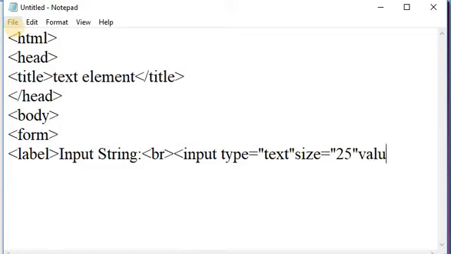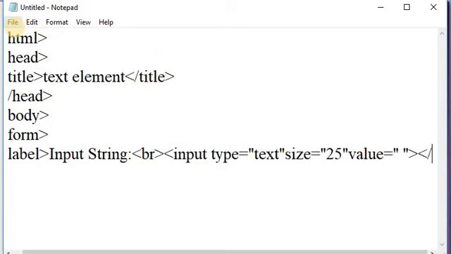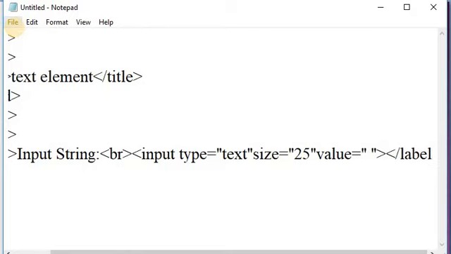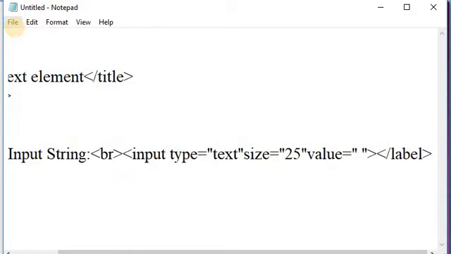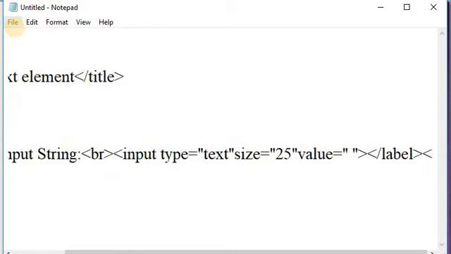After that I am taking a value equal to blank and close this input field. Close the label tag also and take a break tag.